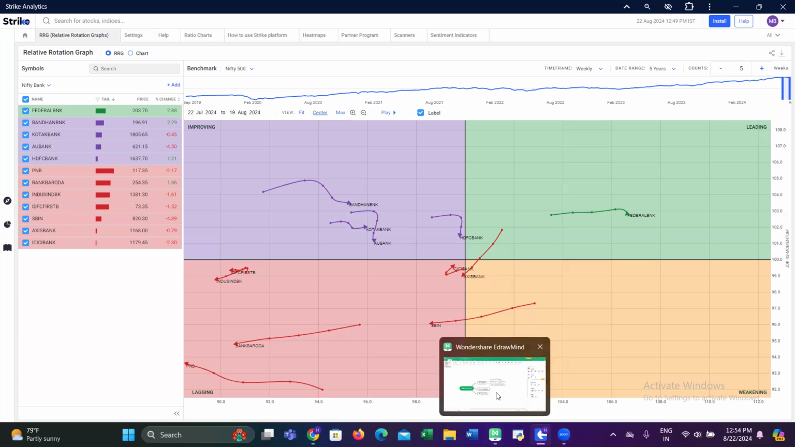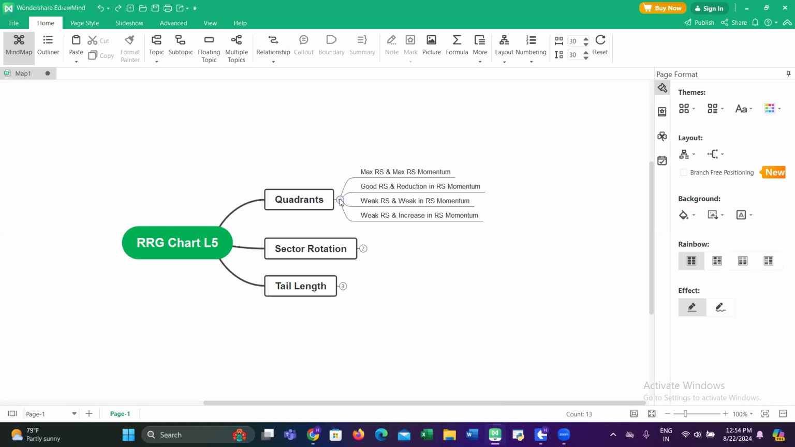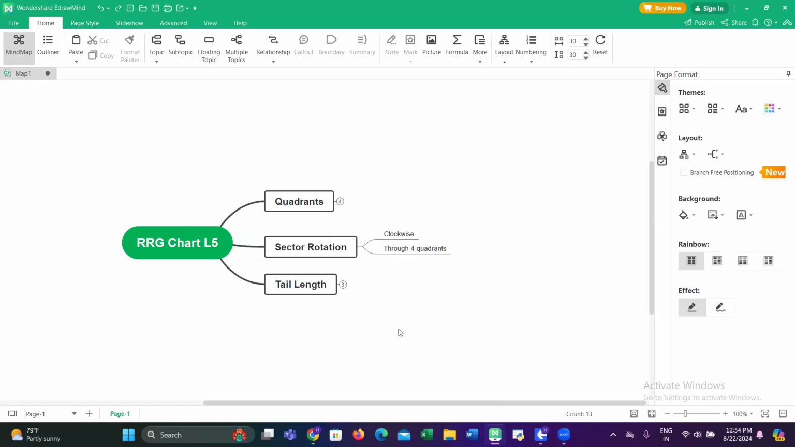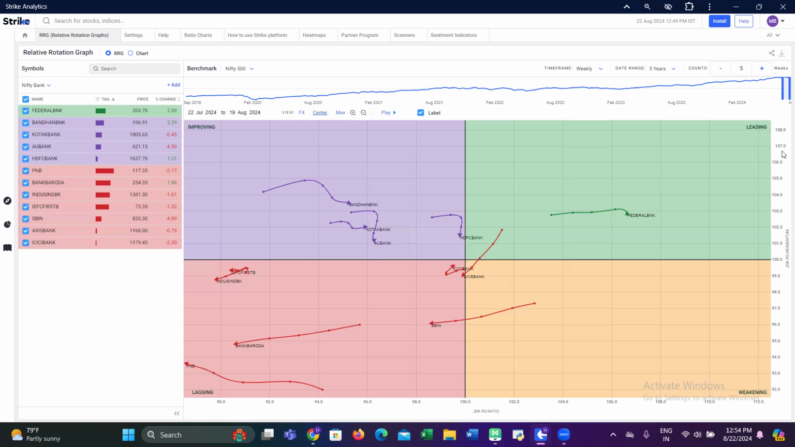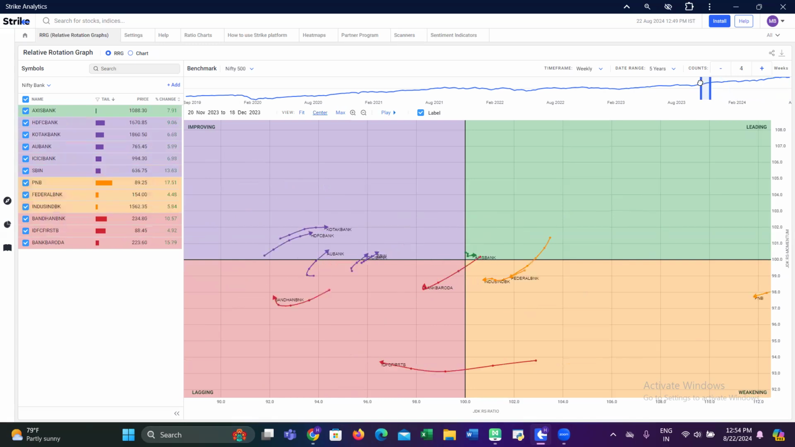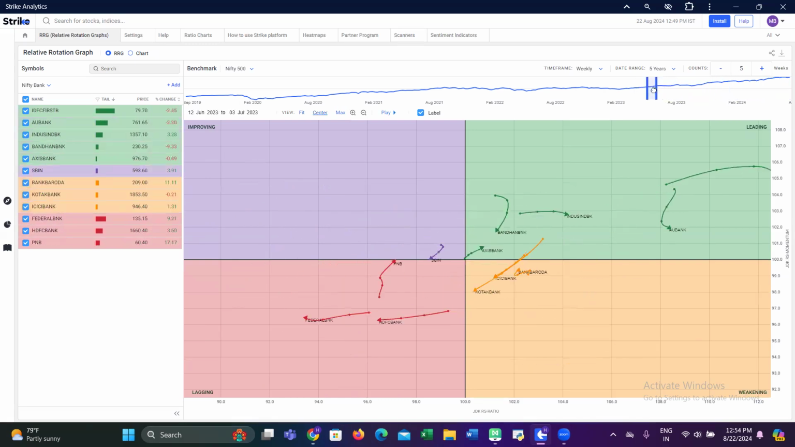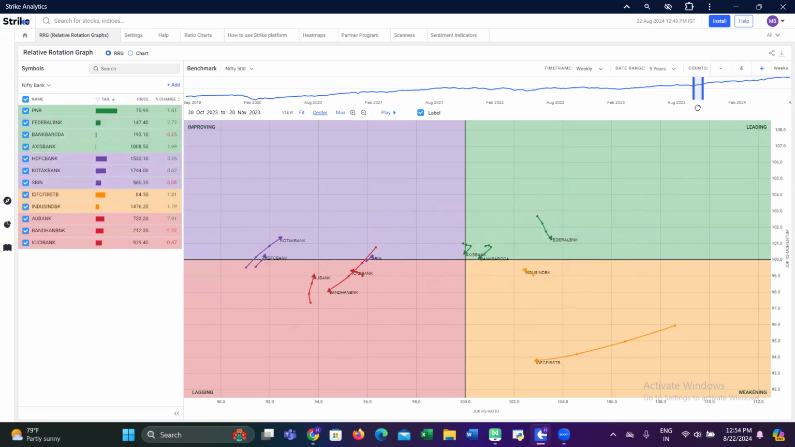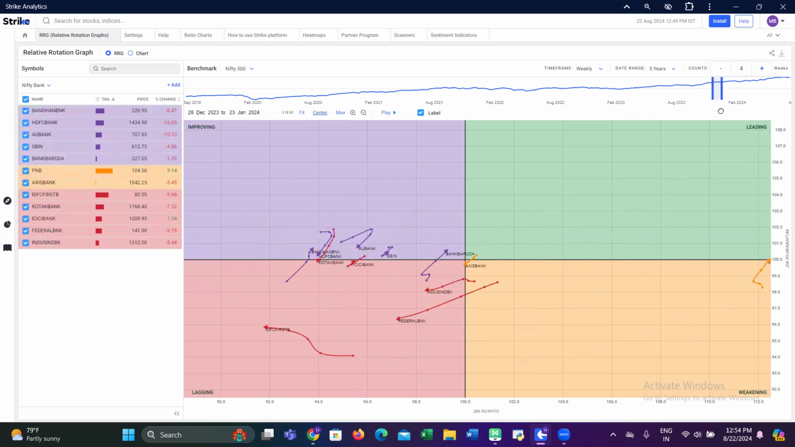So this is the first part of the story that we have learned today in the quadrants. Now let's jump into sector rotation. Always remember the sector rotation on the RRG chart is always clockwise. And I want to show you this real quick. Look at this. The rotation is always clockwise. So a sector gets into weakening,